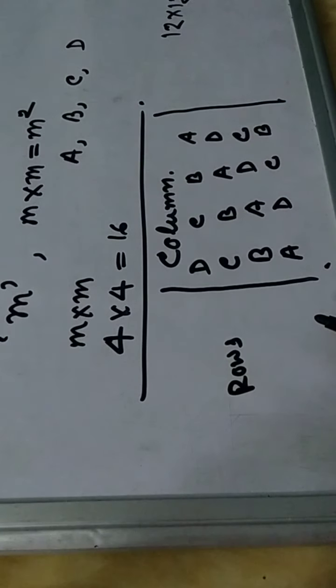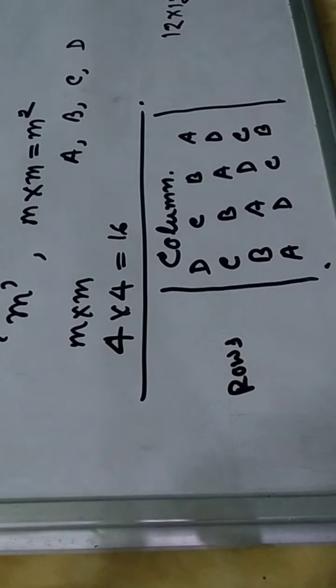Advantages of Latin square design. Number 1, with two-way grouping or stratification, Latin square design controls more of the variation than completely randomized design or randomized block design. This is the first advantage of Latin square design. Then